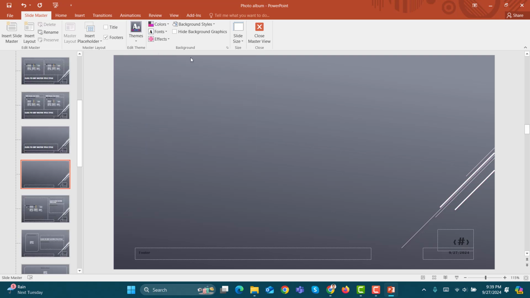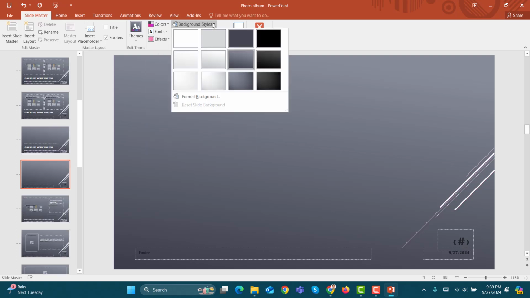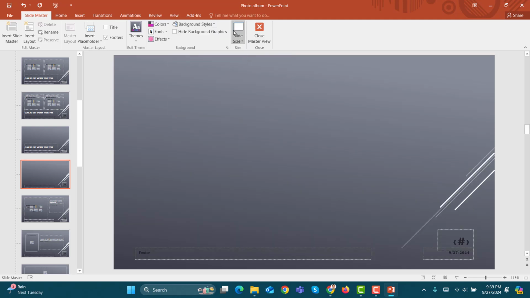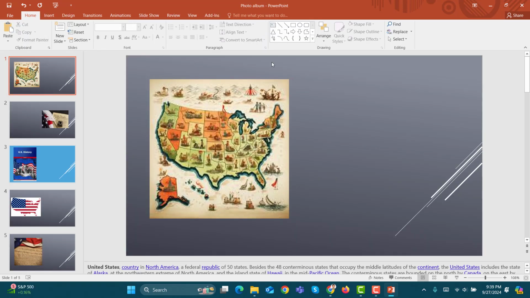Step 7. In the Background Styles section, you can fine-tune the color by adjusting the brightness or darkness of the slide background. Step 8. Once you're satisfied with your adjustments, click Close Master View to exit the Slide Master and